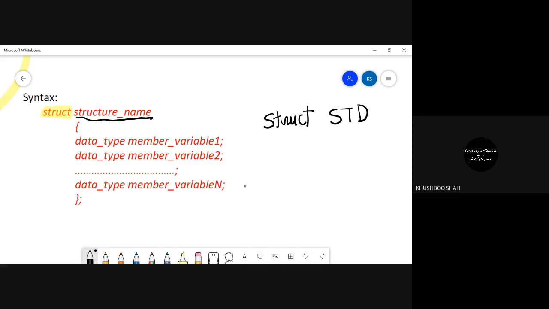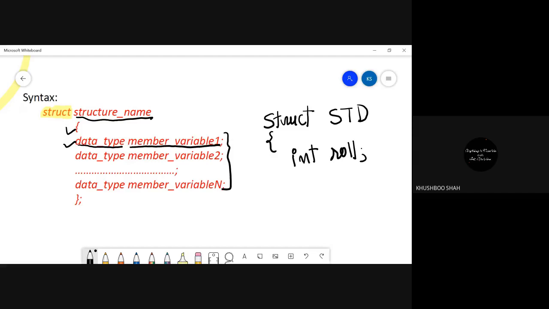Then curly bracket. Then all are the members, n number of members you can take. For the first member, you need to write the data type, integer. After that, the member variable name, let's say roll, then semicolon.